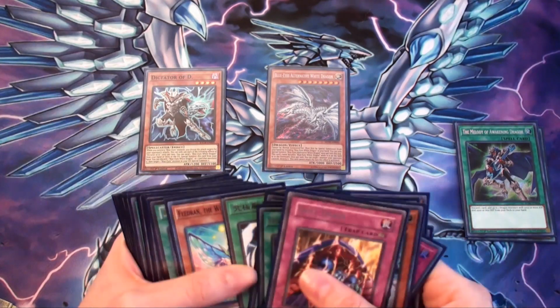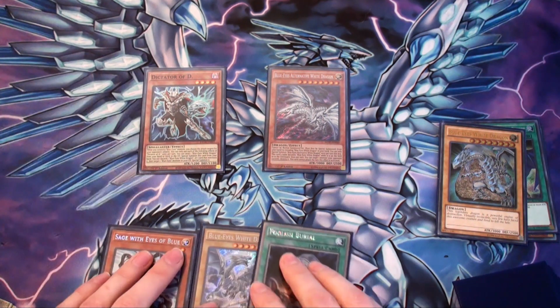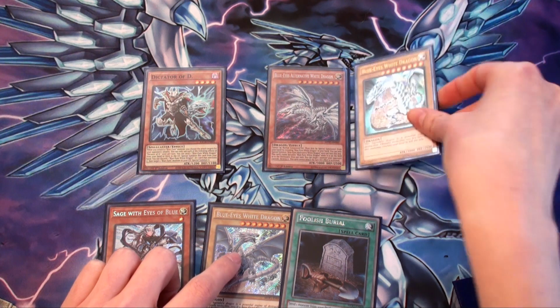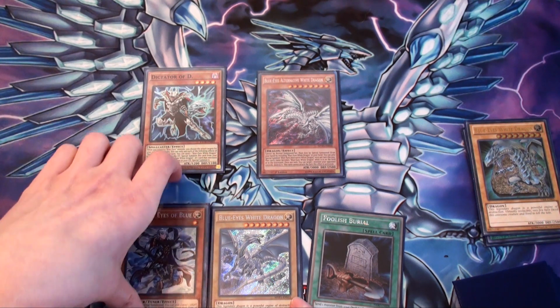So we're going to send a Blue-Eyes White Dragon from the deck to the grave. So he comes out. Now, if we really want to, we can send this one to the grave to special summon him out, go into overlay plays, go into some link plays. But let's